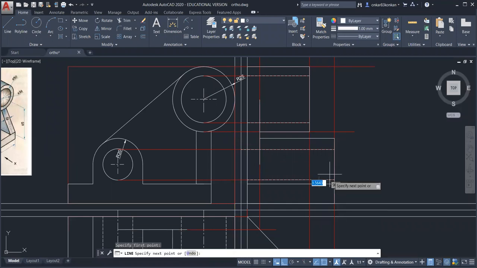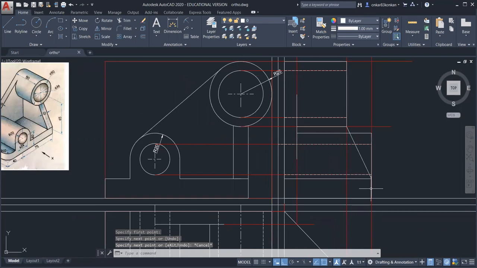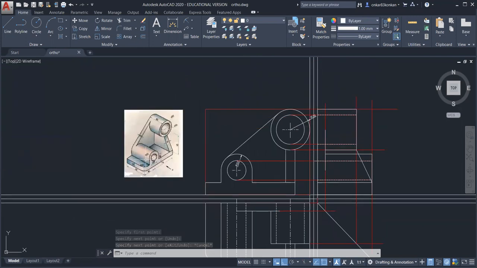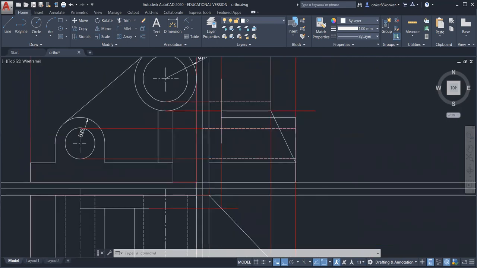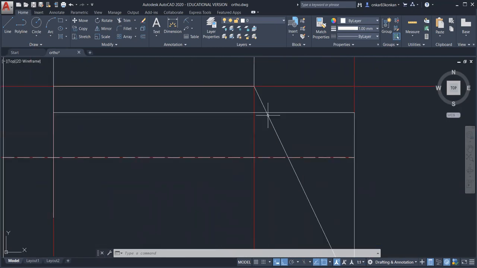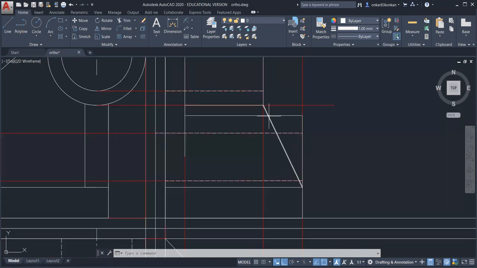So from this point, draw a straight line up to this corner point. Basically some portion of that rib is not visible in the side view. That is a hidden portion. So this is the hidden portion that will start from this point. So first trim this portion and then you can draw another line that will be a hidden line.